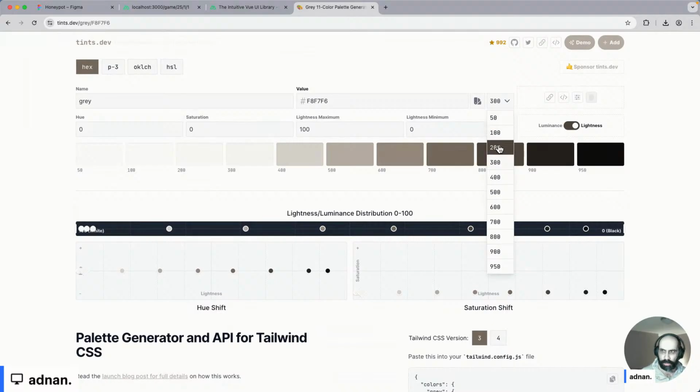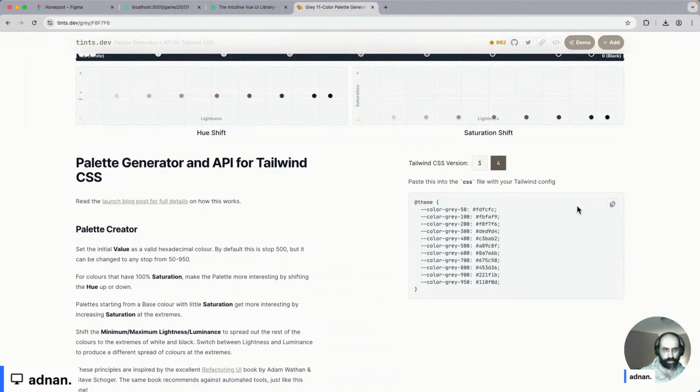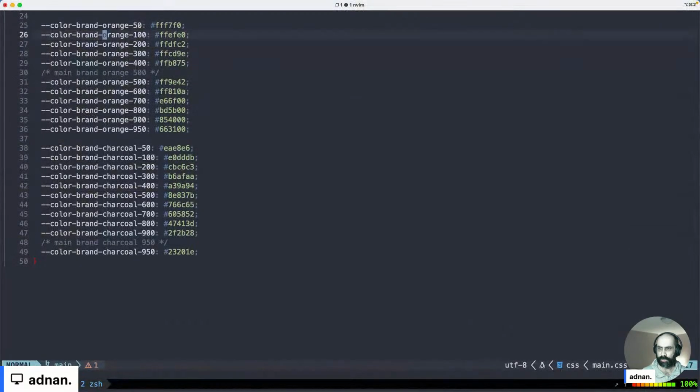And this is just for me getting used to a Tailwind scale. It's not official. None of these colors may ever be used, and we'll just remove them. Or maybe at some point, Mary can come into this interface and play around. I believe you could move these around as well, so you can get a more precise gradient of colors. But for now, 200 will be our default, and we can just have a brand gray,